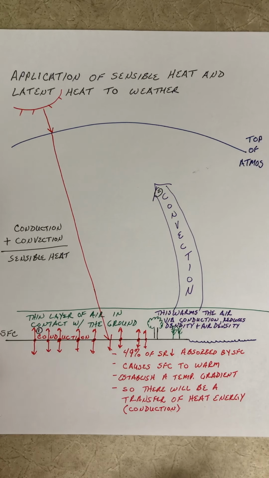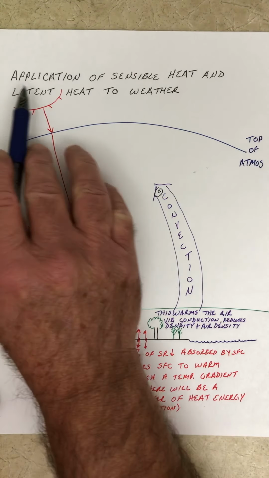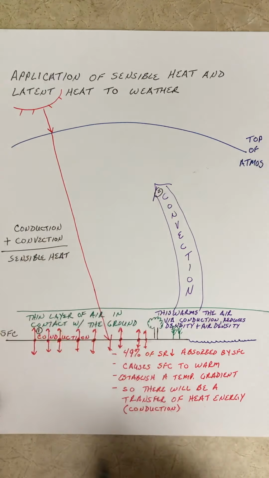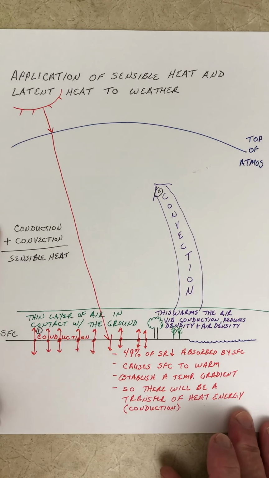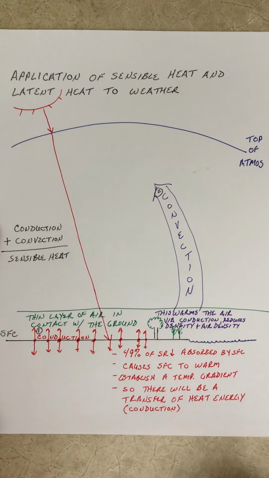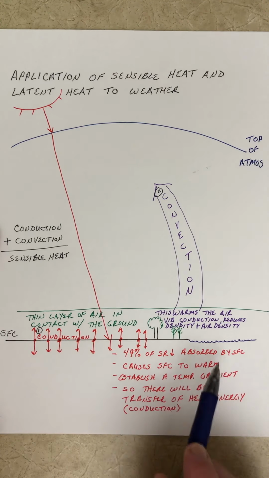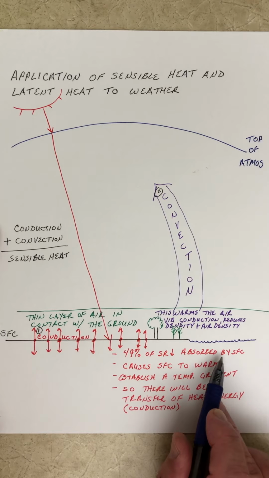Hi class, let's turn our attention back to this figure again, the application of sensible heat and latent heat to weather, okay? This is where we left off when we were talking about sensible heat. Let's add in the latent heat component to this and see how it goes. Just as a reminder, we have a surplus of radiational heat energy at the surface of 30